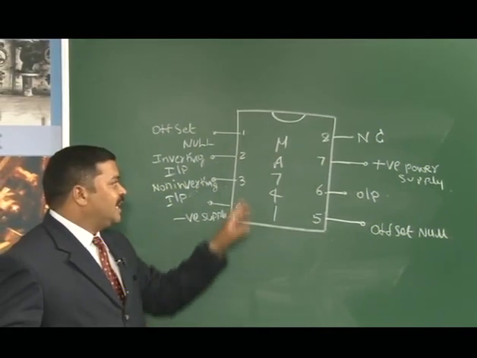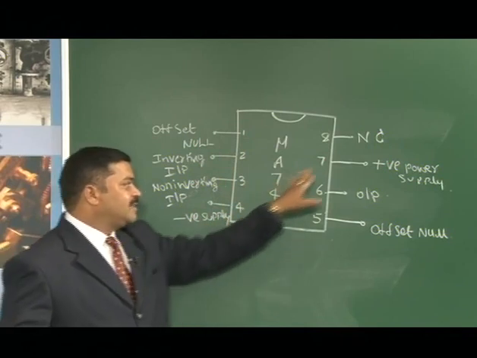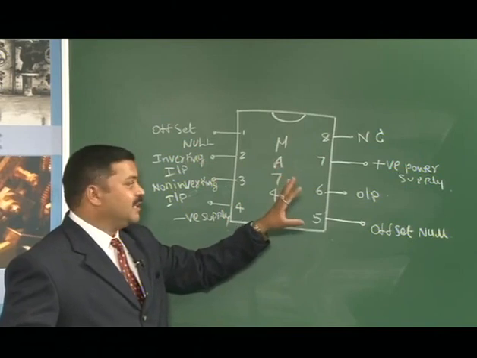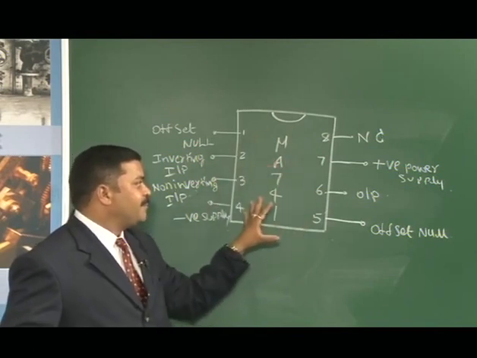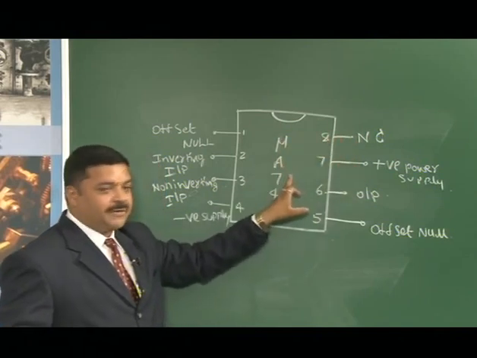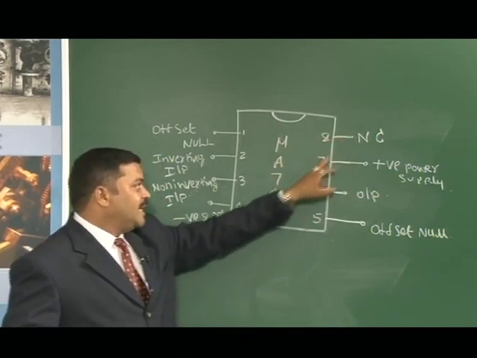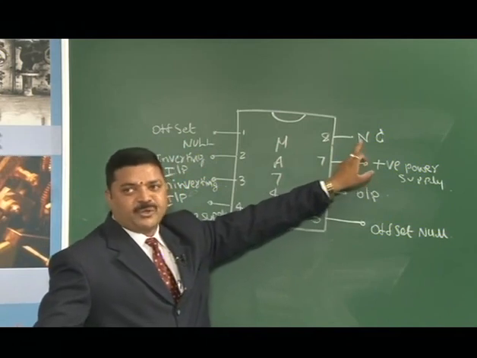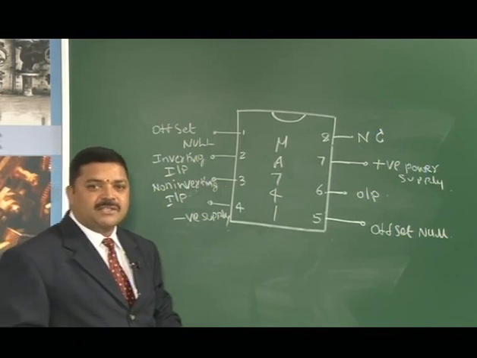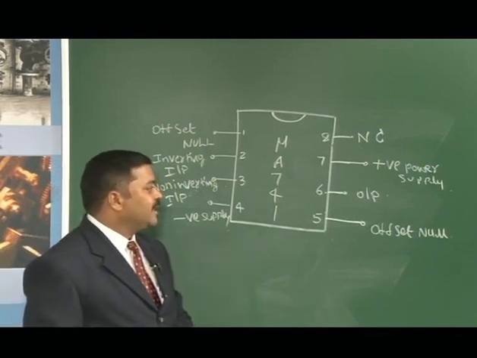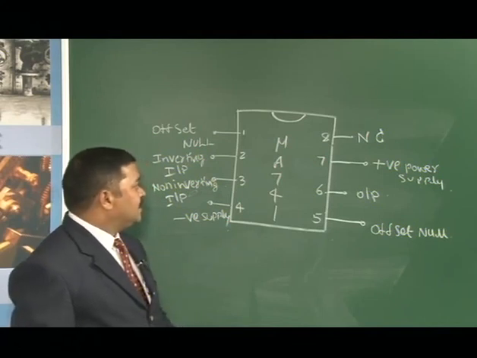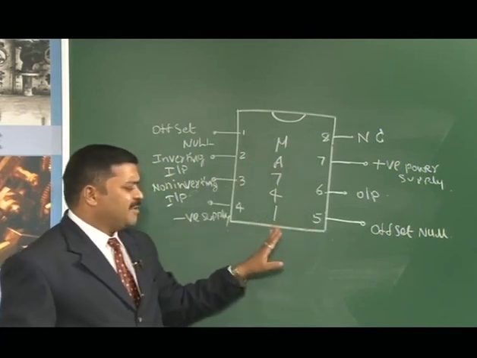So in order to give this side 4 pins, this side 3 pins, the circuit may not be properly visible. To give the shape to the IC, we have used one extra pin that is not connected to the internal circuitry. Therefore, it is said to have no connection. That means it is just a dummy pin which is used to give the definite shape to the device or the IC. So this is the pin details. You need not remember these pin details.